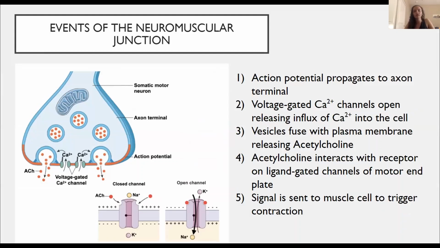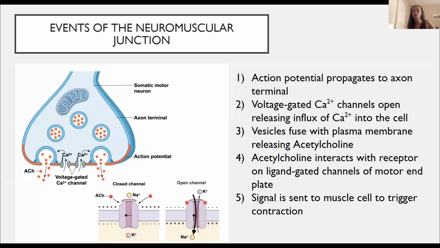Real quick, I know Jose touched on this, but we're going to talk a little about what happens at the neuromuscular junction. The first step is the action potential propagates to the axon terminal, the end part of the axon, and the voltage-gated calcium channels open, causing an influx of calcium into the neuron. When that happens, the vesicles fuse with the plasma membrane, and once they fuse, they release the neurotransmitter inside,